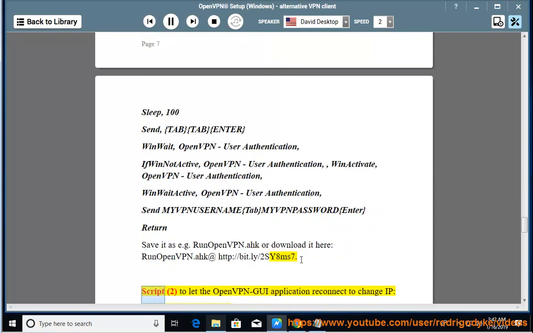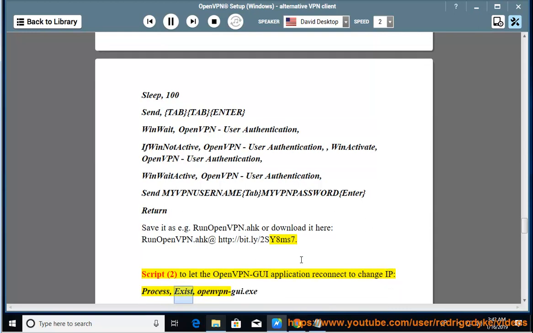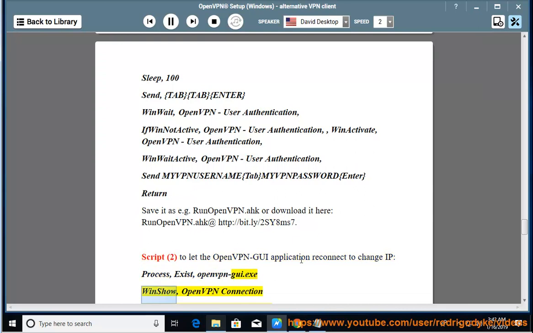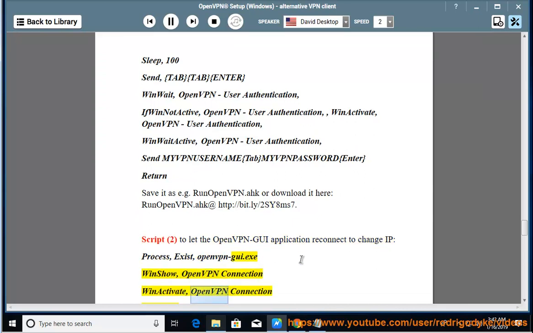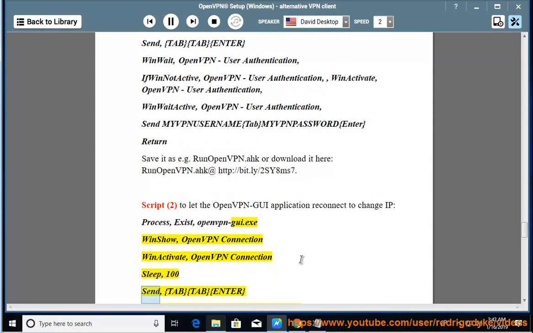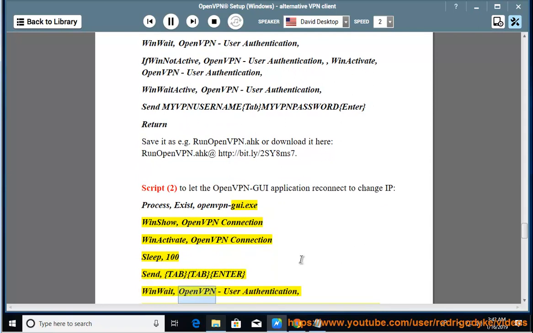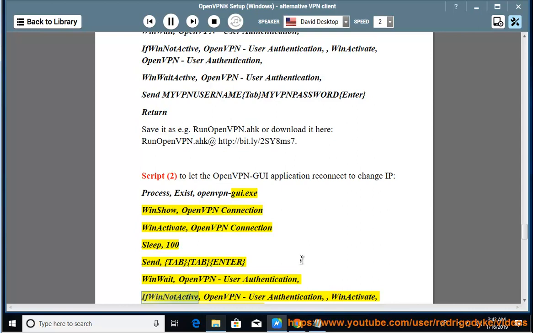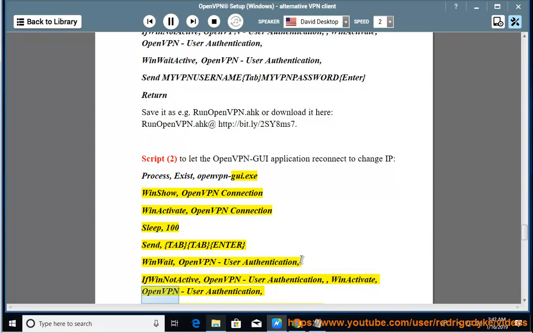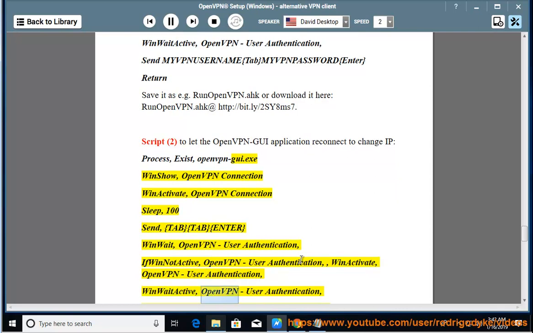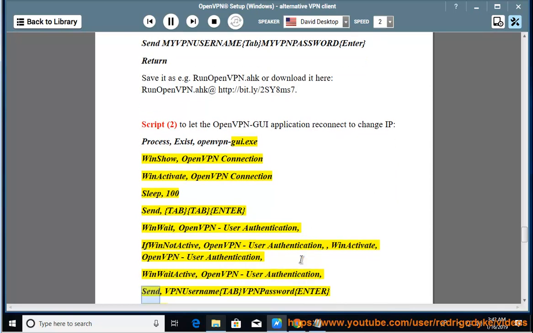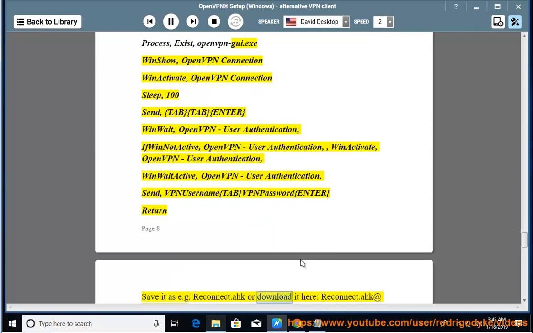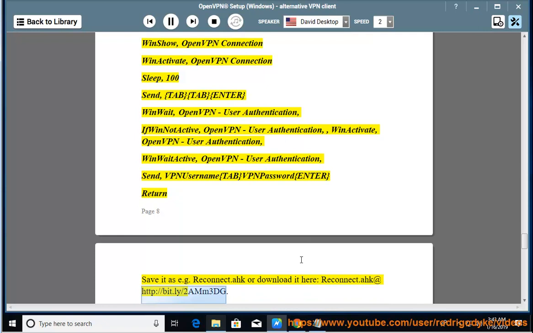run-openvpn.ahk, or download it here, run-openvpn.ahk at http://bit.ly/2sy8ms7. Script 2. To let the OpenVPN GUI application reconnect to change IP: Process, Exist, openvpn-gui.exe; WinShow, OpenVPN Connection; WinActivate; Sleep 100; Send, tab enter; WinWait, OpenVPN, User Authentication; if not active, WinActivate; send VPN username, tab, VPN password, enter. Return. Save it as e.g. reconnect.ahk, or download it here, reconnect.ahk at